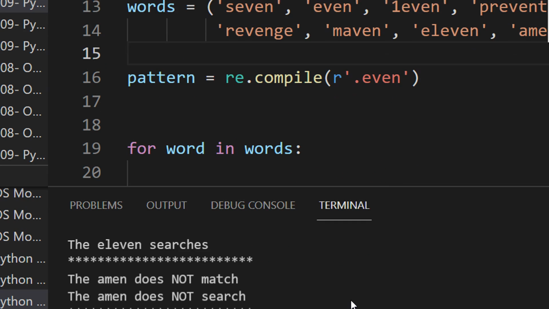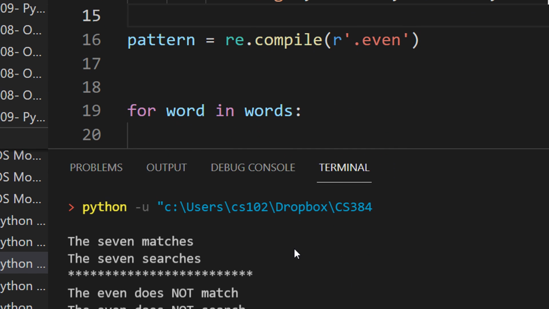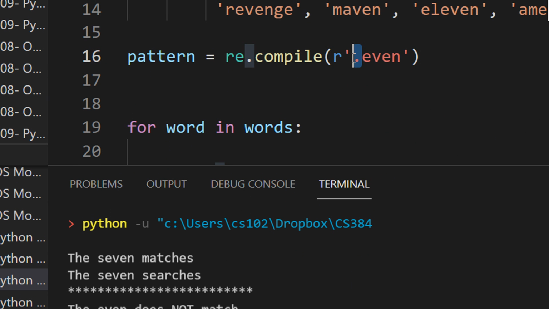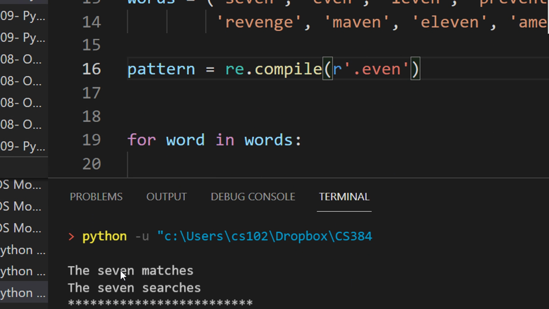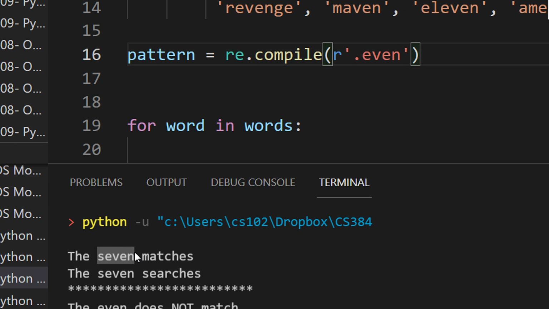When I do a search here, you can see when I'm compiling dot even, this can be any character from capital A to Z, small a to small z. Now you can see the 7 is matching here.